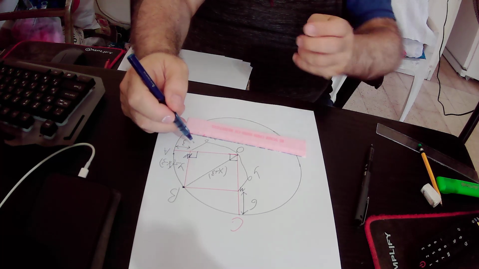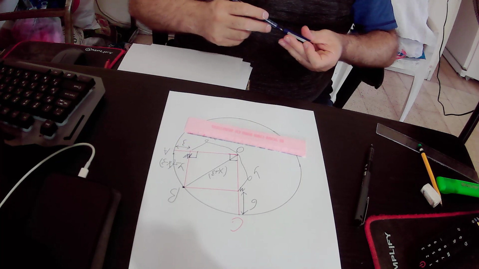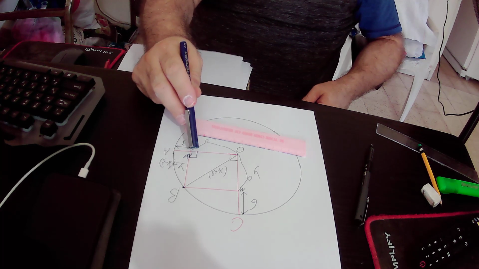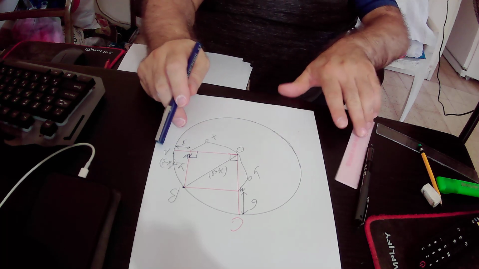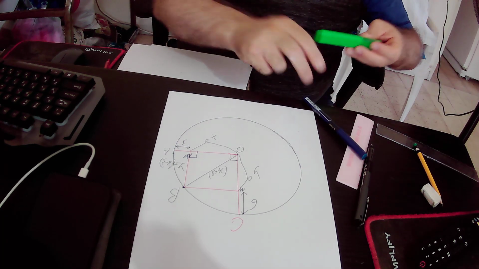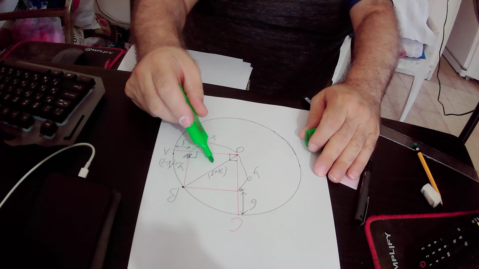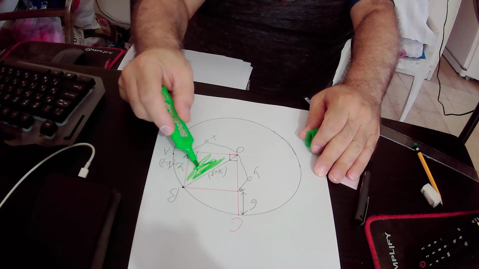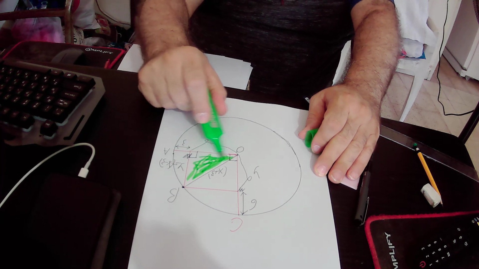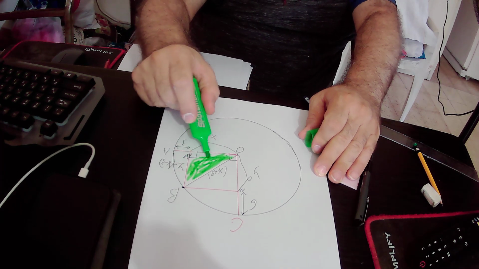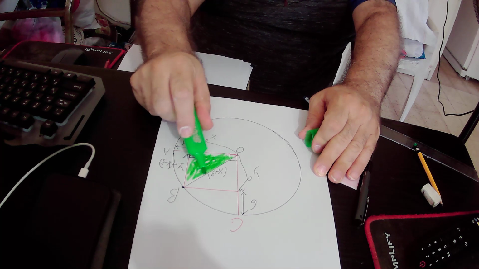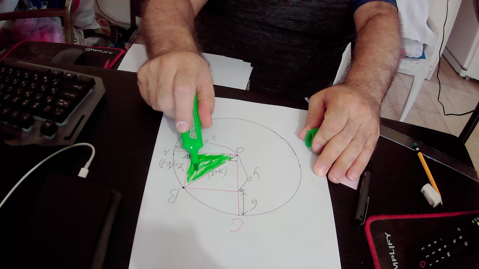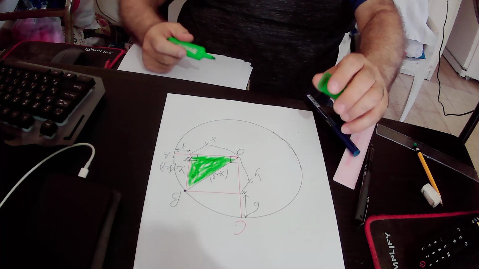So actually triangle ONB is a right triangle because this angle is 90 degrees. So in the right triangle OBN,